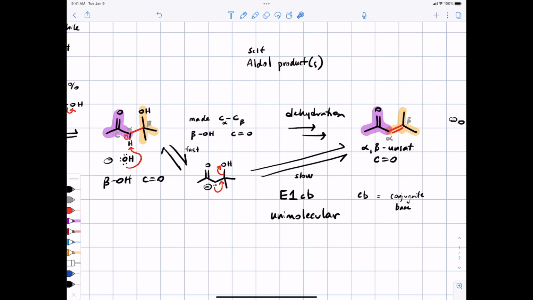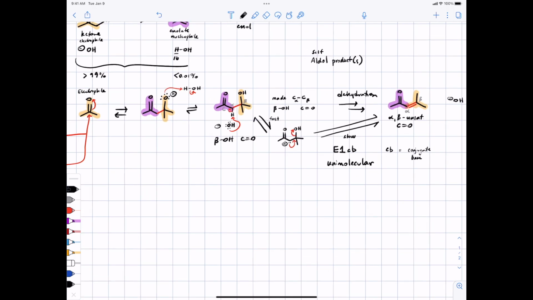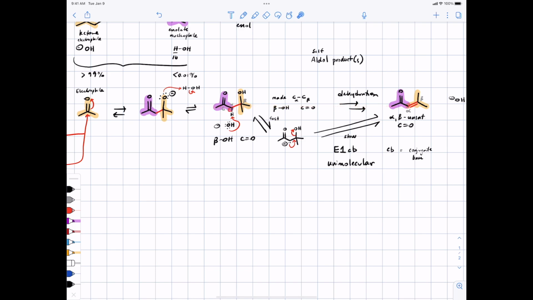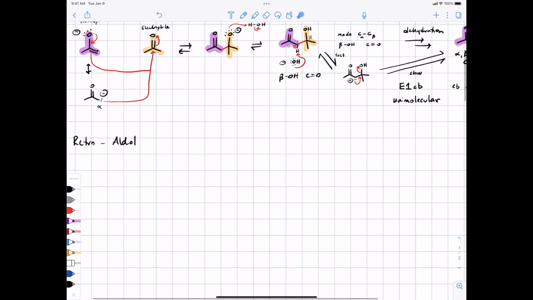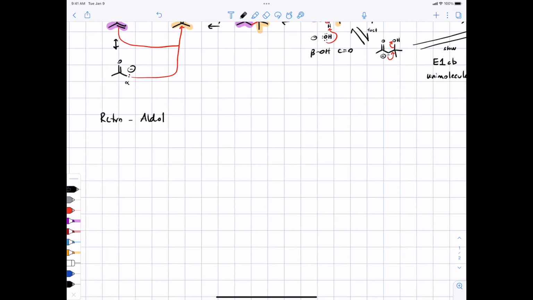Okay. Let's talk about the retroaldol reaction, because this retroaldol reaction is important in biology. It can also help you in synthesis questions to be able to look at an aldol product and think, what were the starting materials? So I'm going to actually start with that alpha beta unsaturated carbonyl compound, and we're going to take it all the way back to the